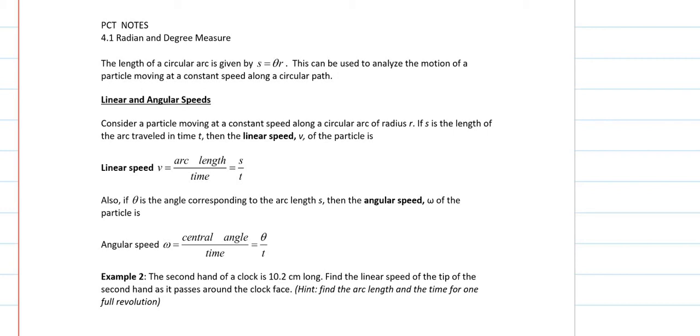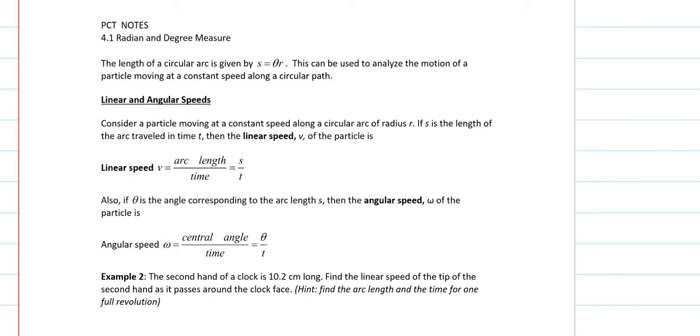Let's continue on by talking about linear and angular speed. We recall that the length of a circular arc is given by the formula S equals theta times r. So S stands for circular arc, theta is the angle, and r is the radius. And you can use this information to analyze the motion of a particle moving at a constant speed along a